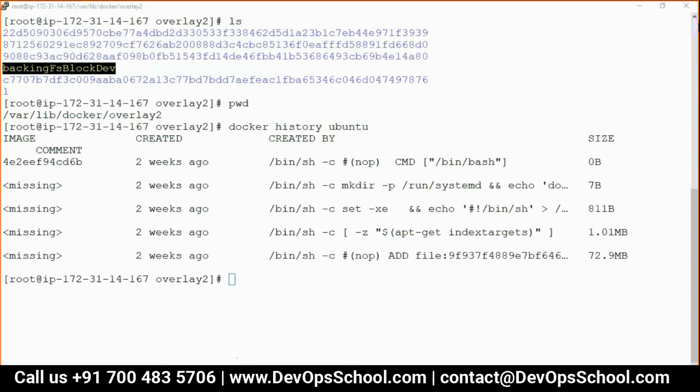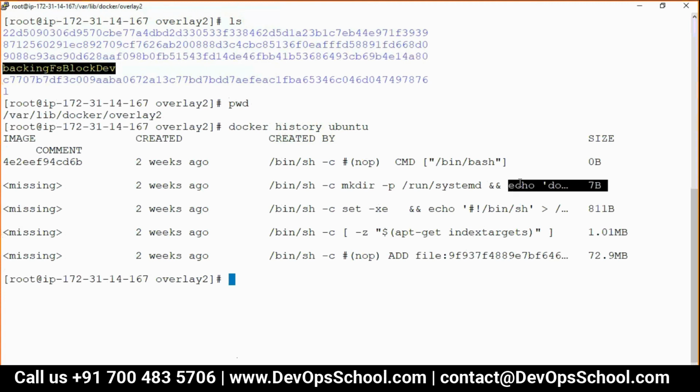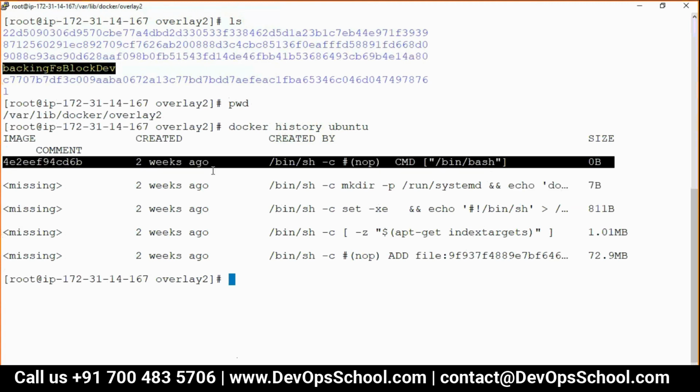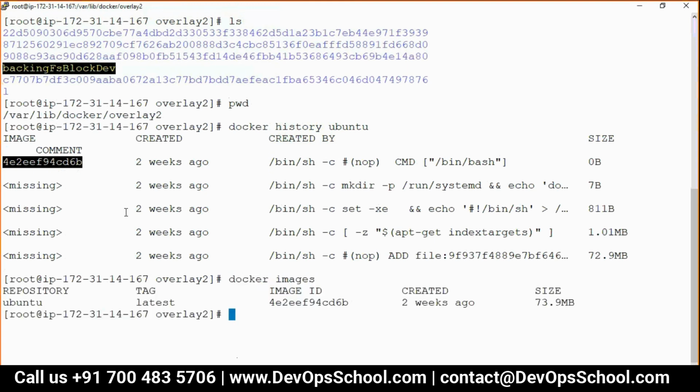See that. There are 4 data layers, 72 MB, this one, this one, this one. And this is the image layer. Okay. 4, 2, dot, dot, dot. So Docker images. See here, it's matching. So that last one is not a layer. What they are doing is combining all these 4 layers and putting them in the image DB. That's the image ID here. I don't want to tell you too much, but this is the thing which you need to know for the time being.